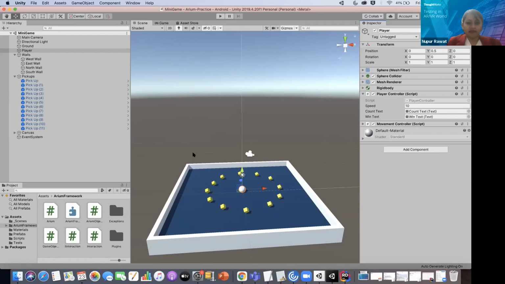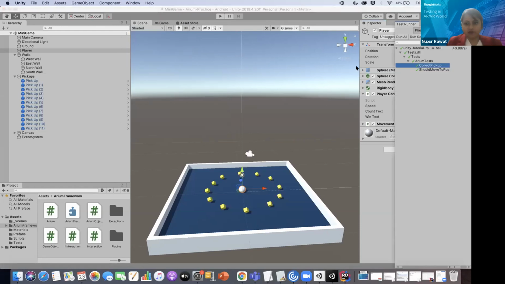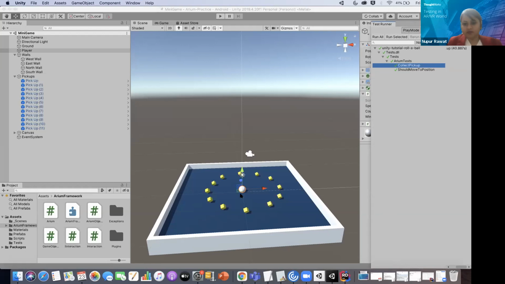Now let us see what tests we have written for this game. From Window, General, you just click on Test Runner, and you'll see the tests. We have two tests here. Collect pickup: we just want to test that our white ball is able to collect all these yellow pickups.